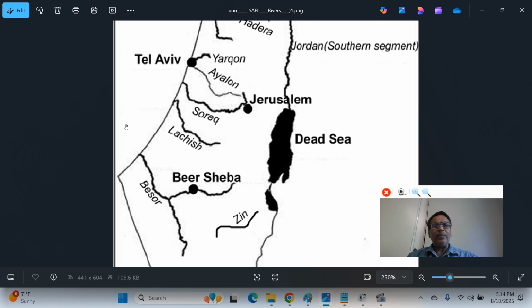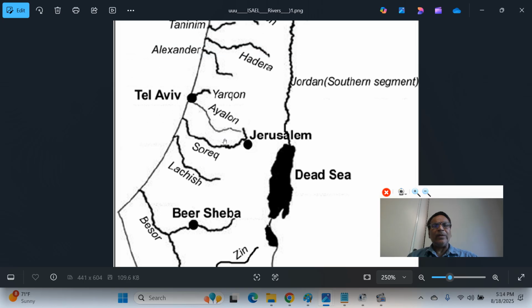And here Shikma is not shown. Sorek is the other important one, which comes from the Jerusalem area, and Sorek and Yarkon. So this is the central plains and southern plains, the Lachish River. And